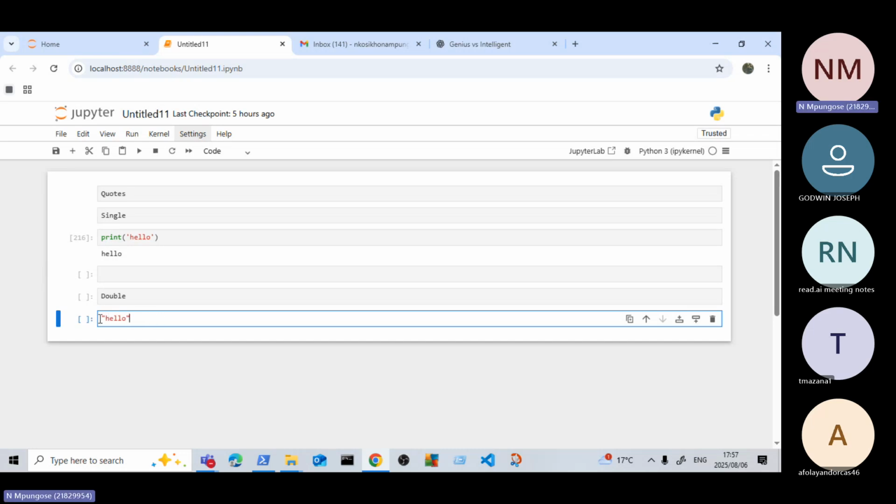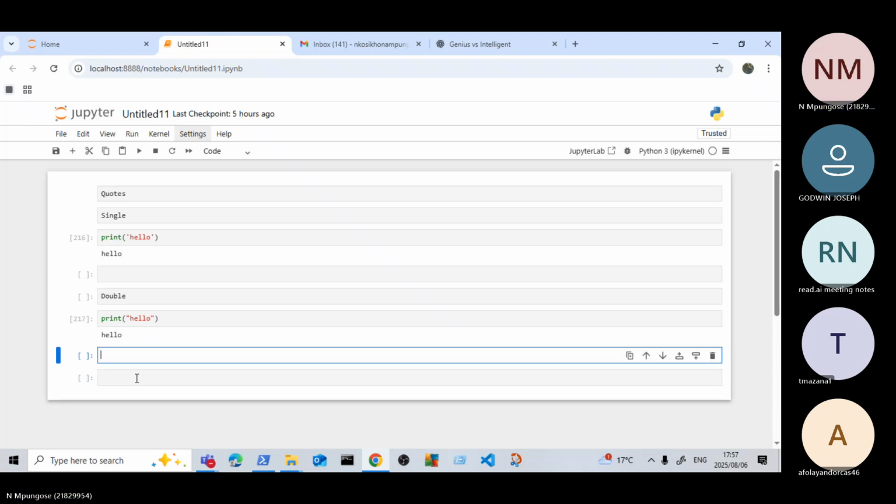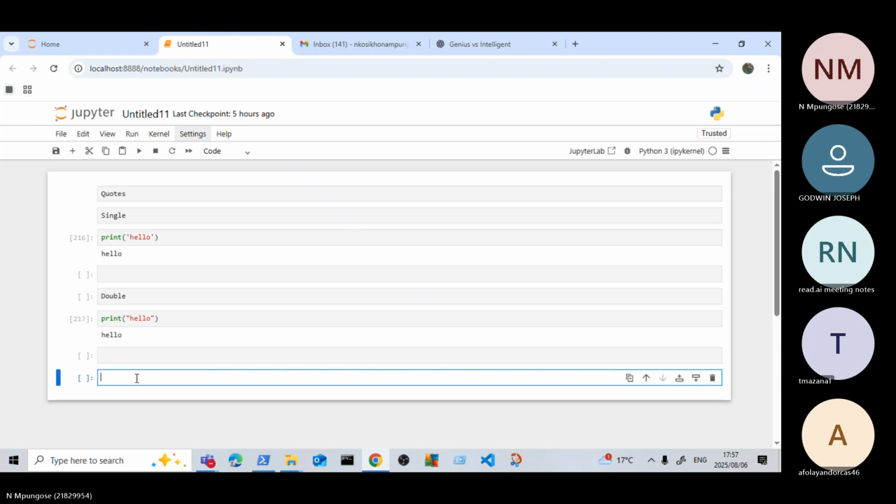These are the double quotes. And then we have what is called a triple quote.